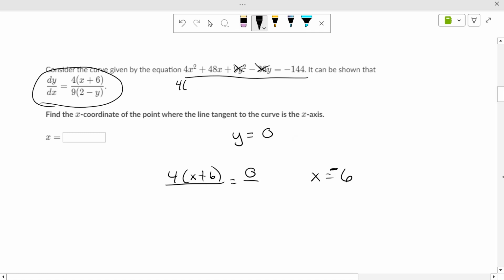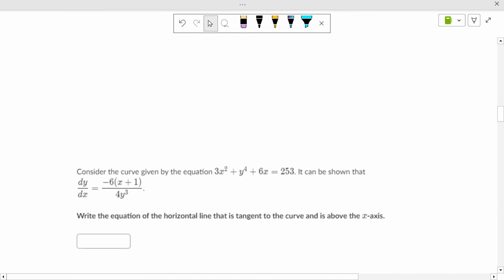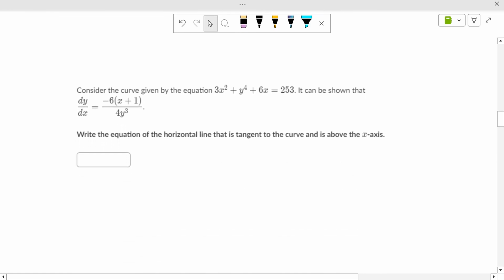So 4 times 36, which is 144, right? And 48 times negative 6 is, I bet, 288 negative, right? Which makes negative 144. So x equals negative 6. Okay? On this one,